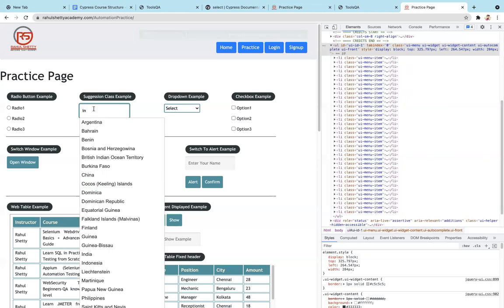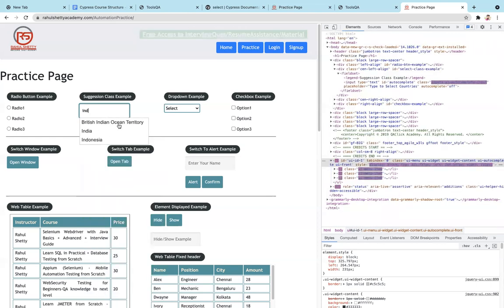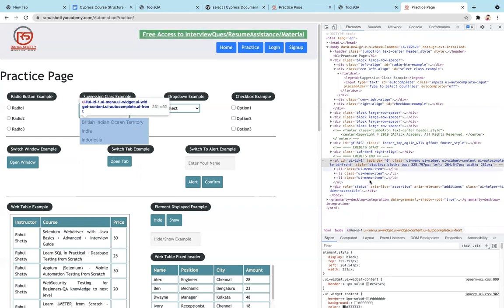Whatever concept I'm going to tell you now will only work if you are able to find at least one element or two elements or more here. On the left side we have three countries, British India, India, and Indonesia, and in a similar fashion it is updating here as well.